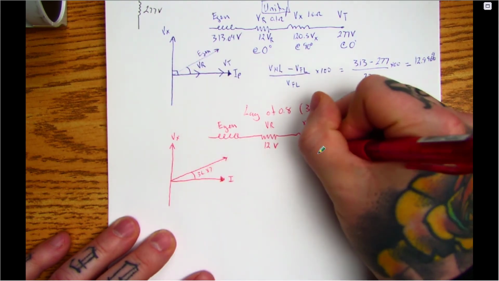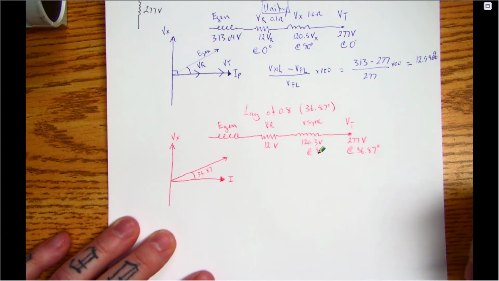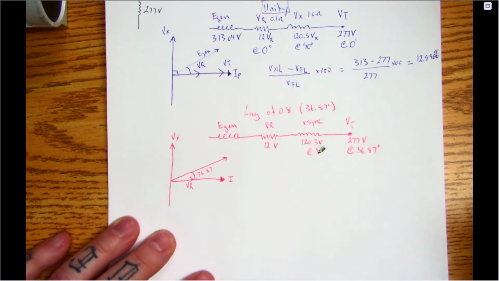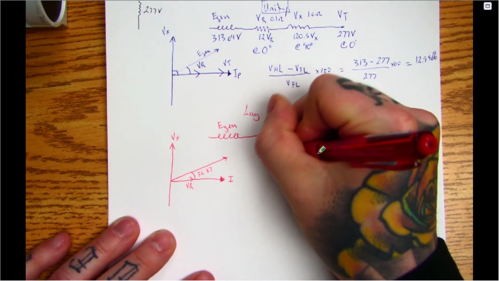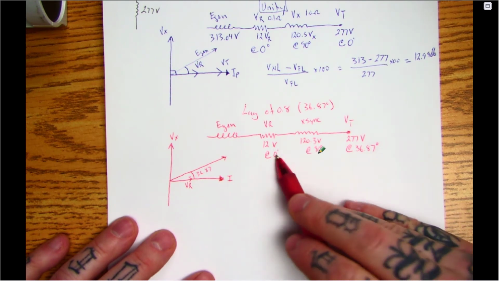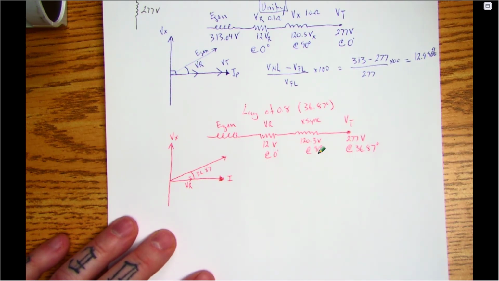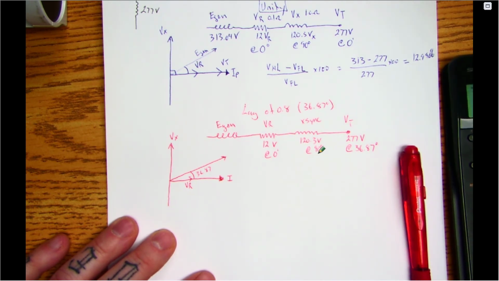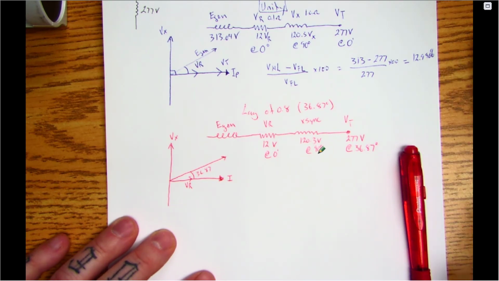So Vx, that's still going to be at 90 degrees. And our resistive volt drop, VR, is still going to be in phase with the current, so this guy's still at 0 degrees. Now when we add these phasors up at their respective positions, I go 12 ∠0° plus 120.3 ∠90° plus 277 ∠36.87°, and I get